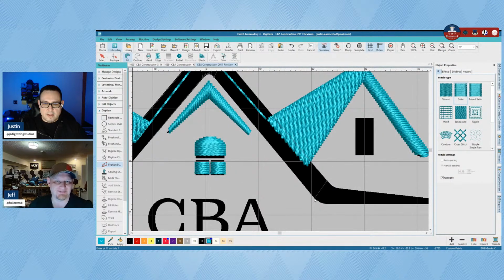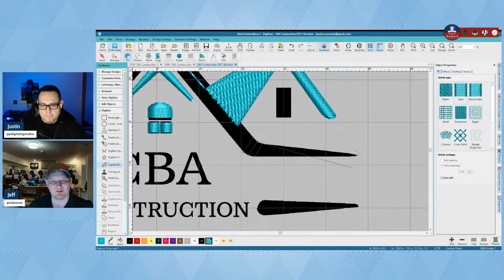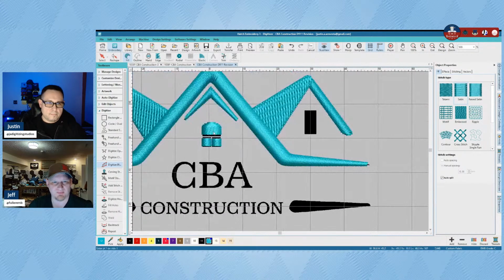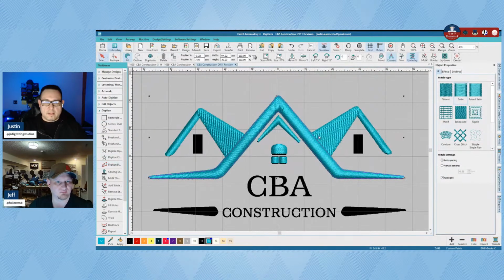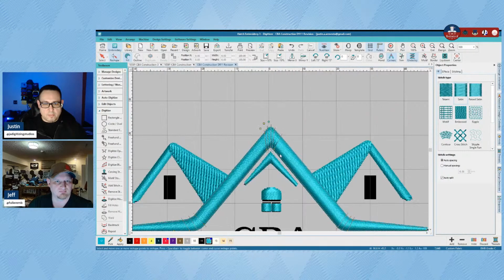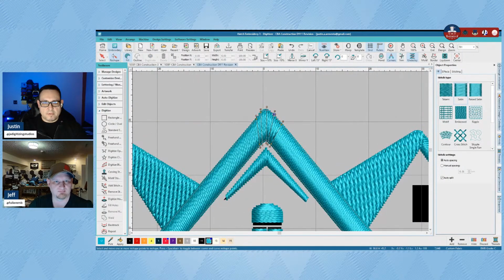It is. Yeah. It's something that you want to think about when you're looking at a design. You want to plan, I'm going to do this element, then this element, and then how can I chain these together to optimize it when it runs on the machine. Best case scenario is that the machine needs to have its needle down no matter what. If you're forced to trim, like some people like trimming every single letter,